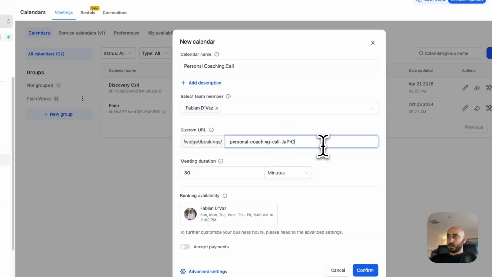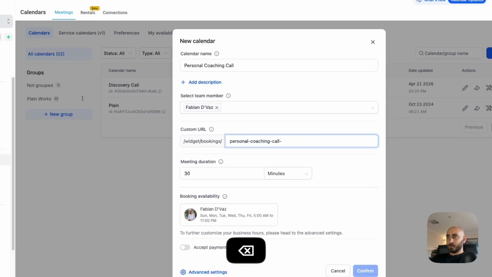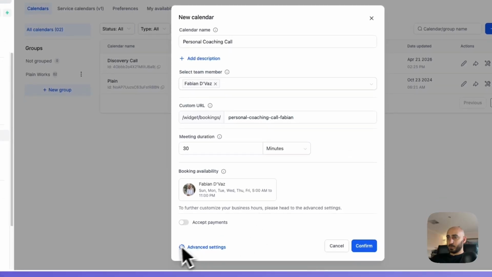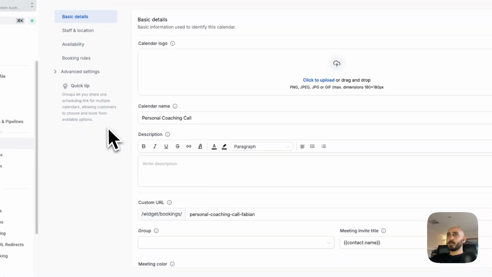And then I'll just change the widget URL to Fabian and just put my name. Go 30 minutes. If we really wanted to, you can connect Stripe and use payments. Go advanced settings. Now we're in the editing function of the calendar and we'll go through each part and I'll